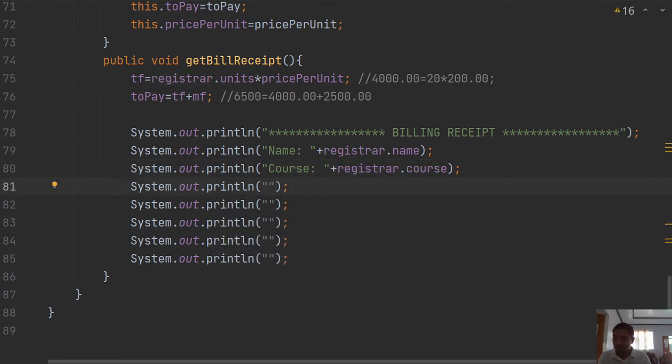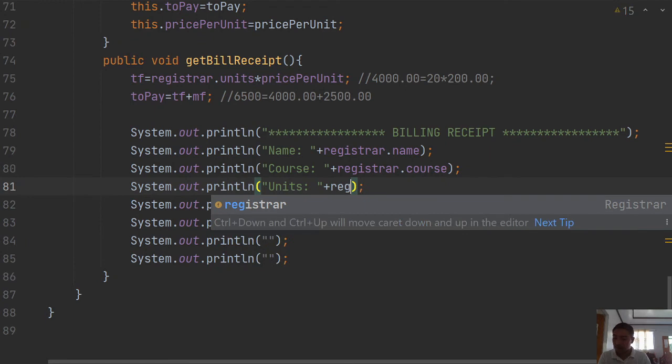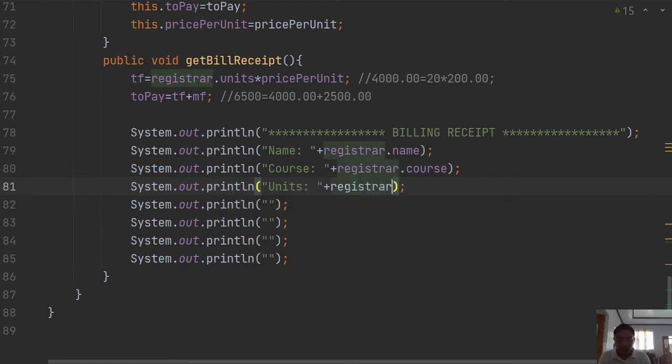And then units plus registrar.units. See, it's recommending it. Tuition fee, TF, this one,